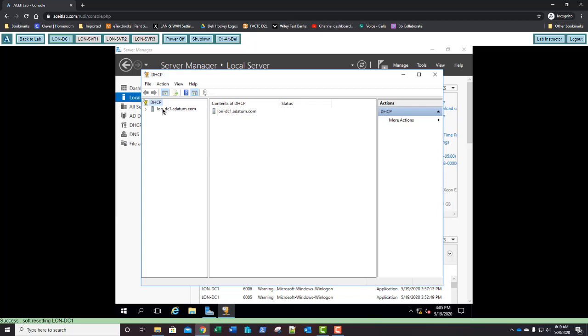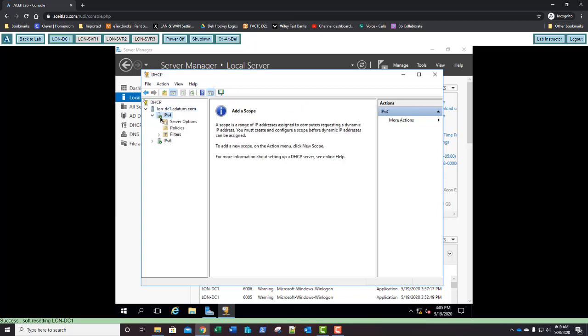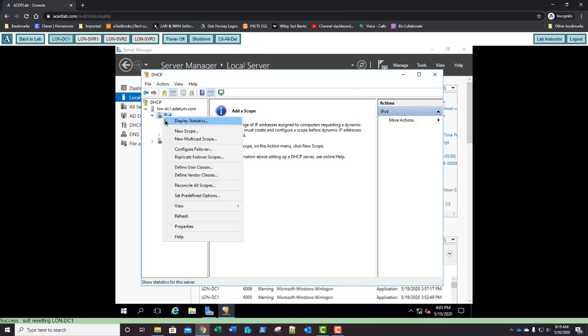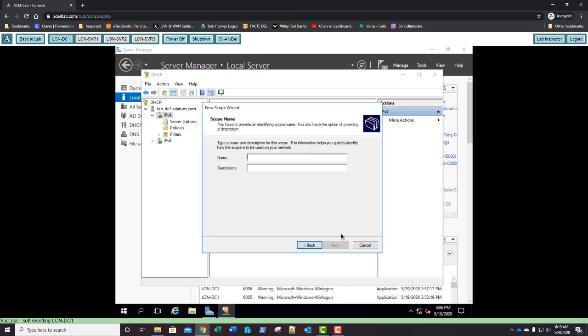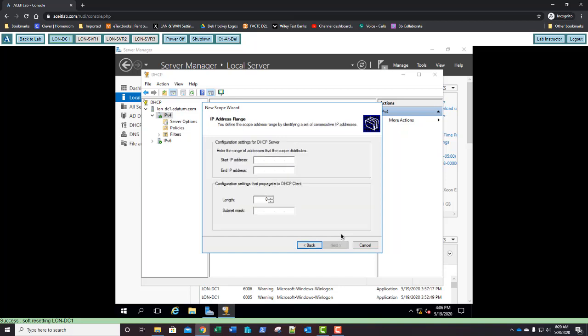I'm going to click on my domain controller. I'm going to click on IPv4, and then I'm going to right click on IPv4 and select New Scope. The New Scope wizard starts, and we can just click Next. Let's name our new scope for IP assignment Adatum, simply Adatum, and click Next. And now we're going to define the available IP addresses. And let's set that range to